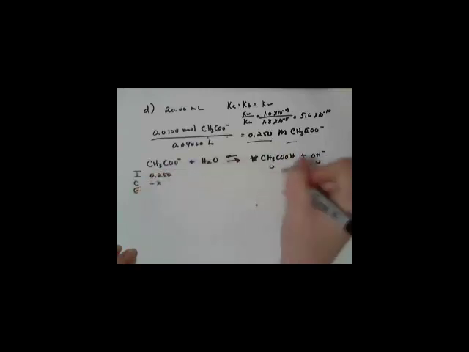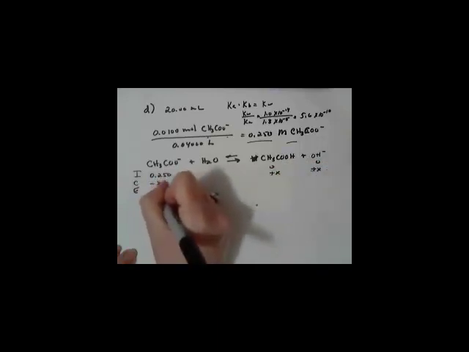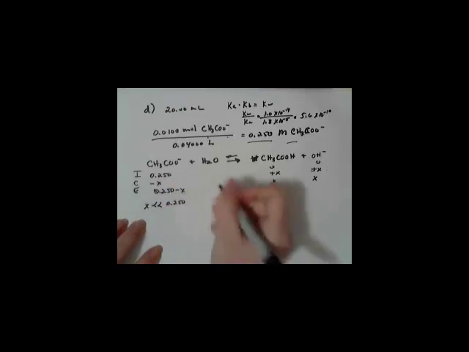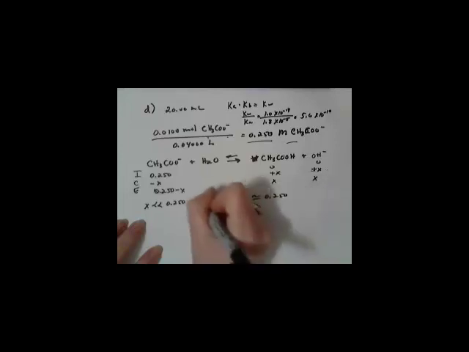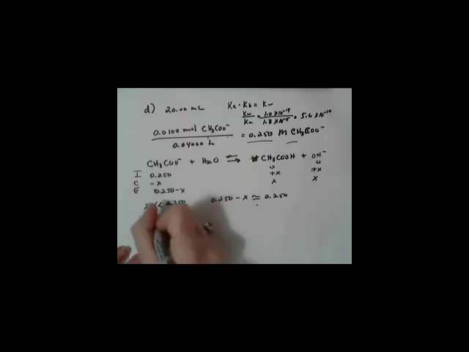That's going to be minus some amount x, plus x, plus x, and then of course this will be 0.250 minus x, x, and x. I'm going to assume that x is much less than 0.250, so I'm going to assume that 0.250 minus x is approximately 0.250. We'll check the assumption in a few minutes. So now I can set up my Kb expression,